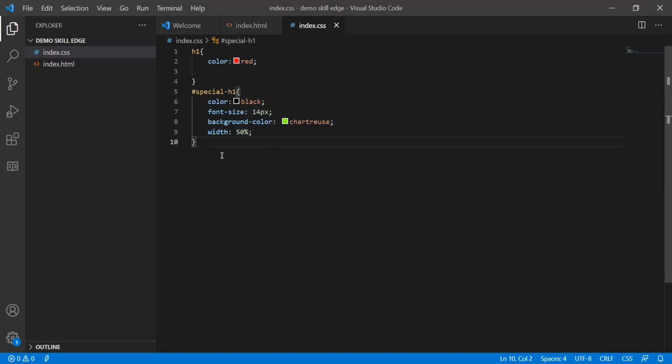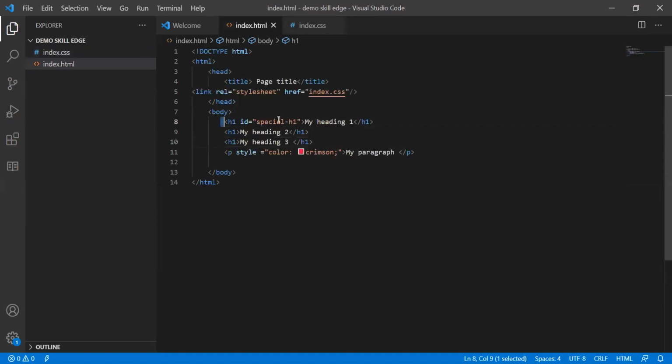So sometimes we also use dot for this. This is like a class value. This is considered a class value. So let us see how this displays. We will apply the same class value for the third heading as well.